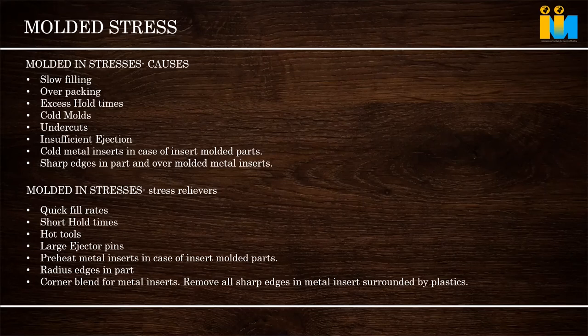What happens? It bends and comes out, and sometimes it will not crack, but that bending inside causes molecular congestion and makes a stress in the part. After some time in service, it cracks. Next, insufficient ejector pins, as mentioned. There are few ejector pins, so the part is pushed, but not uniformly. So the part bends, and whatever bends, the molecules also bend inside.